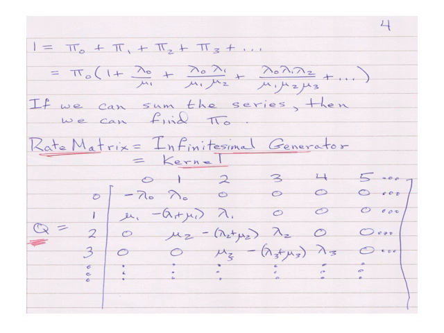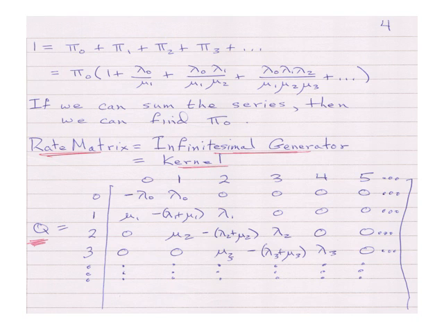So now we have 1 is the sum of all the probabilities. So 1 is equal to pi 0 plus pi 1 plus pi 2 plus pi 3, etc. We can factor out a pi 0 from each of those terms because all the terms can be expressed in terms of pi 0. So when we factor out the pi 0, from the first term we get a 1. From the second term,